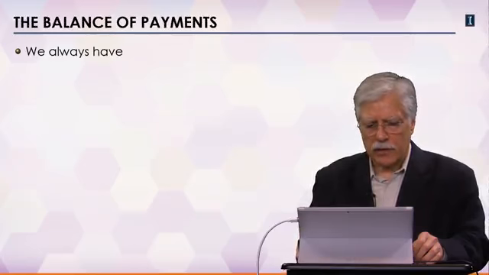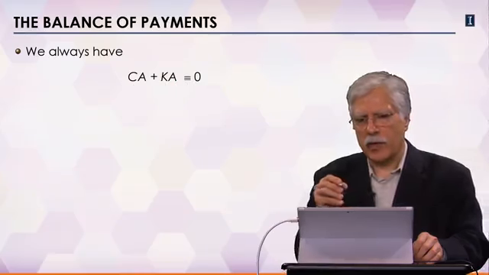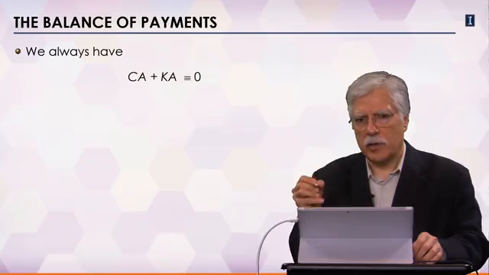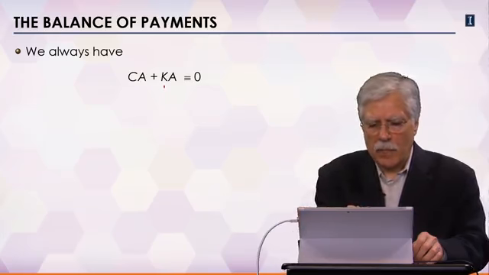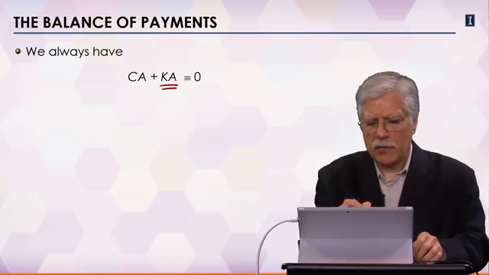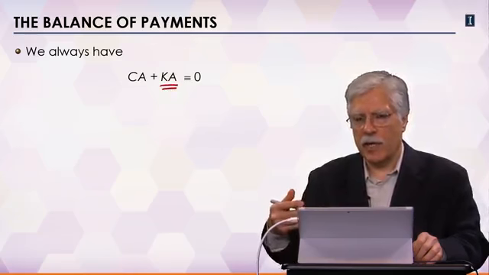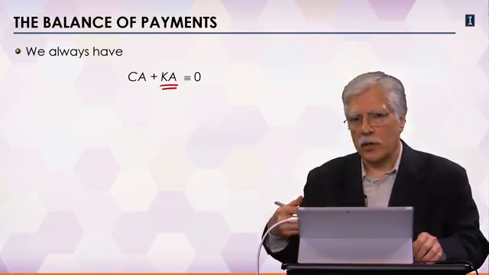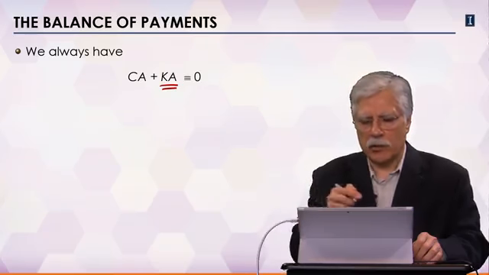Also notice that we always must have capital account and current account add up to exactly 0. If you're running a current account deficit by $1, that money has to be either borrowed or financed through reserve reductions. So in that case, our capital account has to be positive, meaning that we have to send a piece of paper, either the reserves that we have or some IOU that we issue, we have to export that to get the foreign money in order to finance